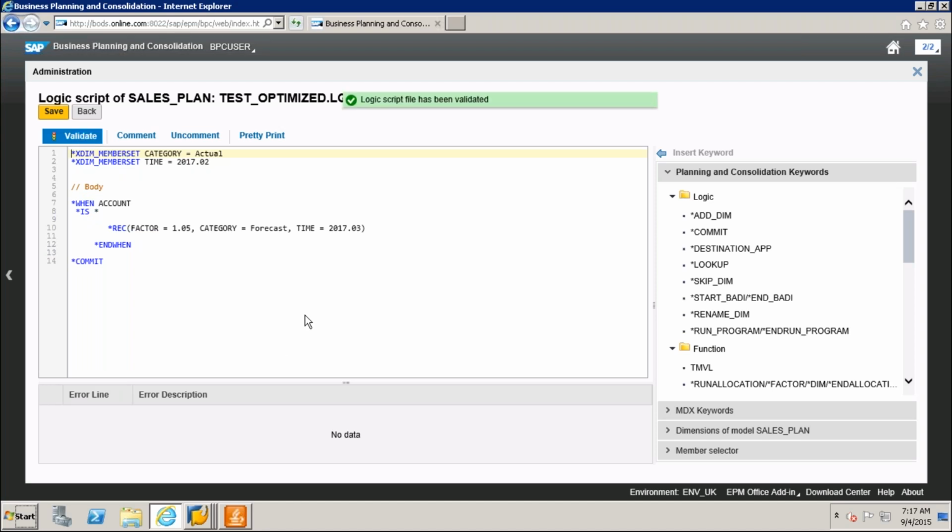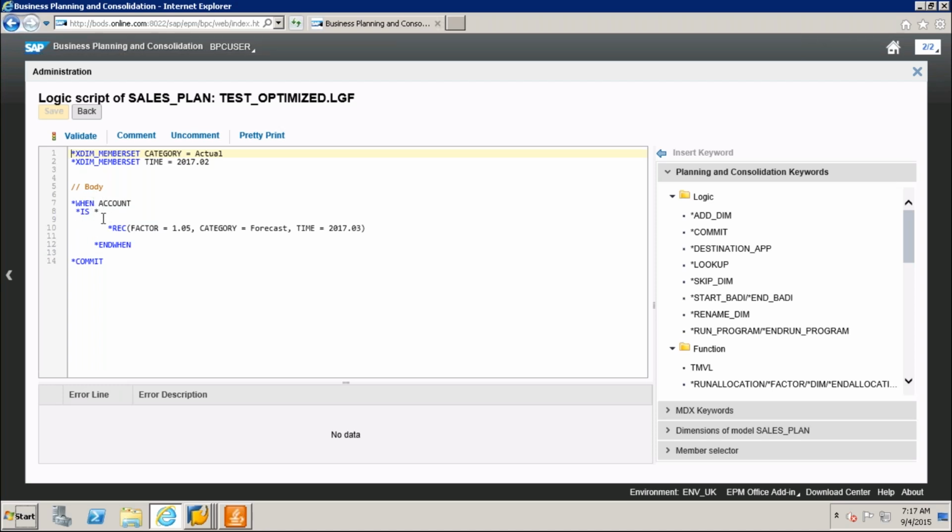Validate, validated, and save. Even though you did not take the account in the scope, here in the condition we are taking the account.